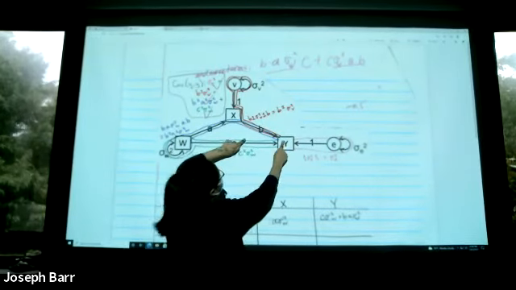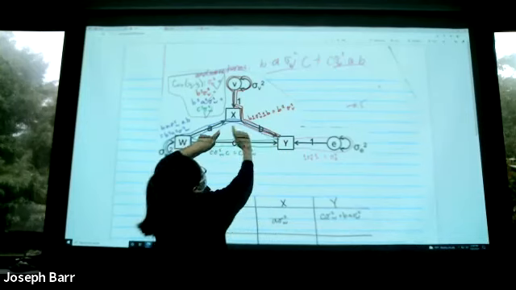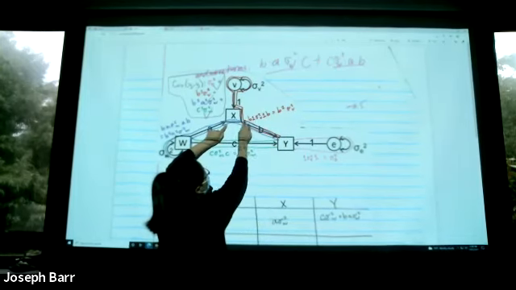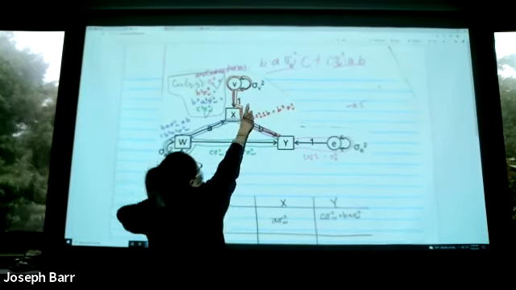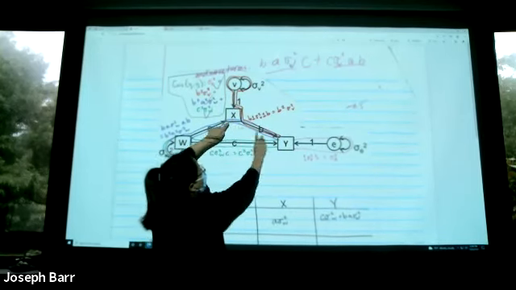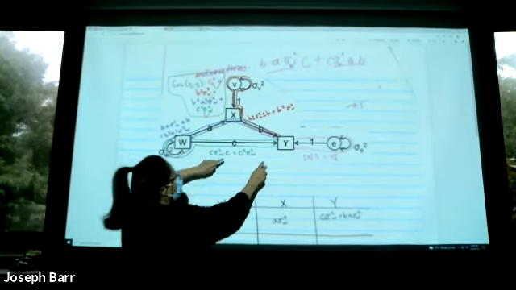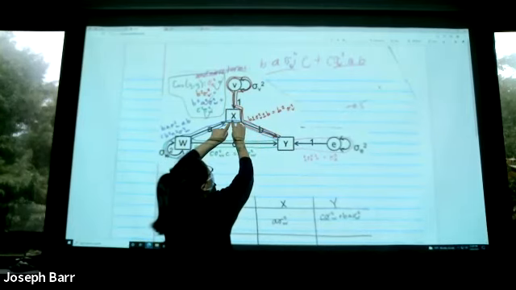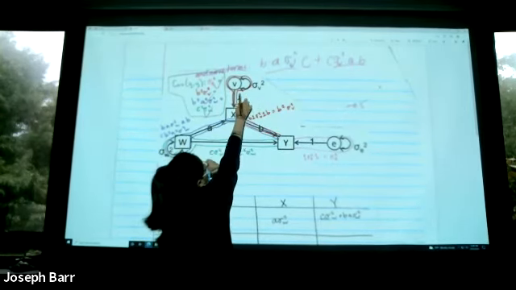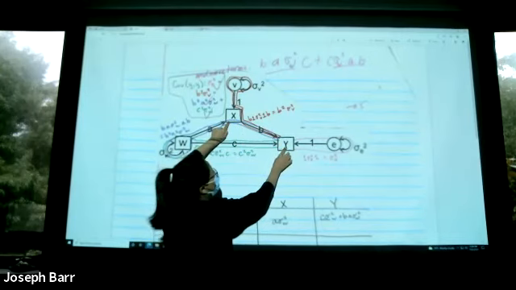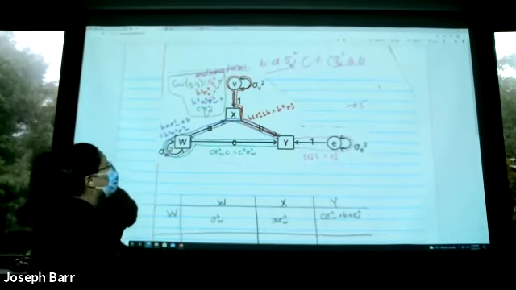And then we can use this component. We can go back to X and use the variance of V, and then goes back to Y. So V times 1, variance of V, 1 times B. So this is one loop.